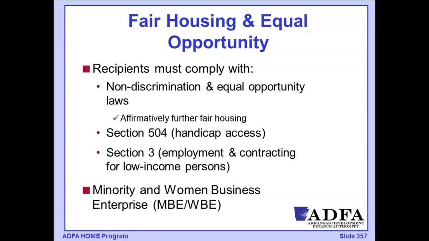We also have Section 504, which has some coverage about employment, but the main impact for us under the home program has to do with handicap accessibility. So there is a set aside of units for both mobility impaired and also sensory impaired. 504 is triggered when we have new construction with 5 or more units in a project.